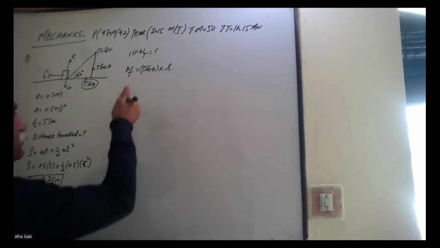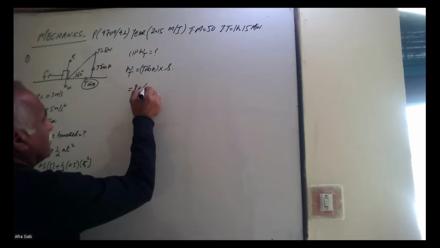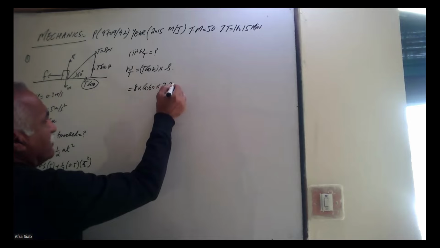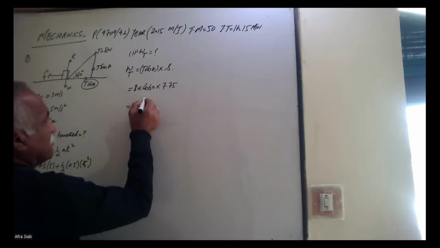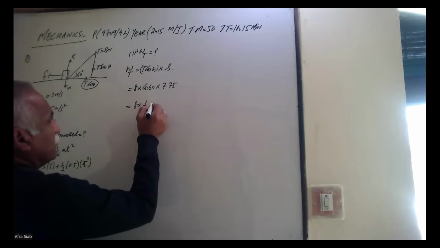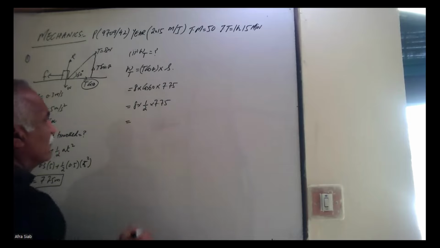Now we can put the values into this. Tension is 8, cos of 60 into 7.75. So 8 cos of 60 is 1 over 2 into 7.75 and that will be equal to